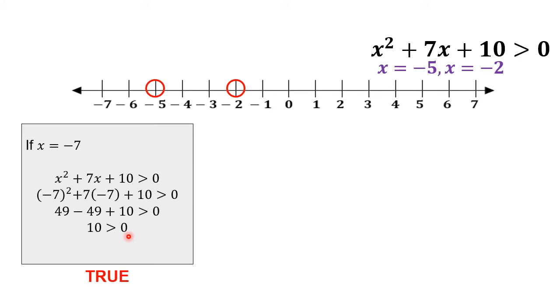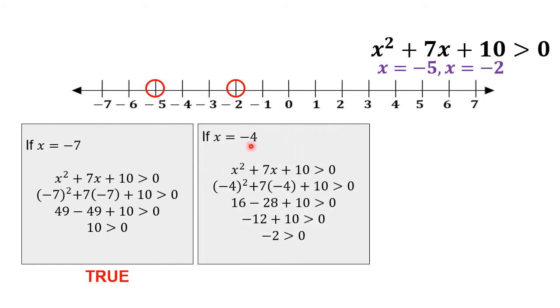Okay? Next, pili tayo sa second region. So, pwedeng negative 4 or negative 3. Pwede po bang fraction? Basta in between noong ating given na two critical points. Okay? So, let's say we choose negative 4. So, tulad dun sa first region na negative 7, yung negative 4 ay ipapalit din natin dun sa x ng